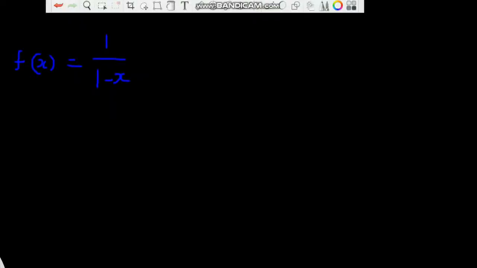Okay, so with this example, you are going to find the Maclaurin series for the function f of x equals 1 over 1 minus x. I know the Maclaurin series is always centered at x equals 0. So the first thing you have to do here is write the general formula for the function, and this will help us to continue easily. So the general formula for the function can be written as f of x equals